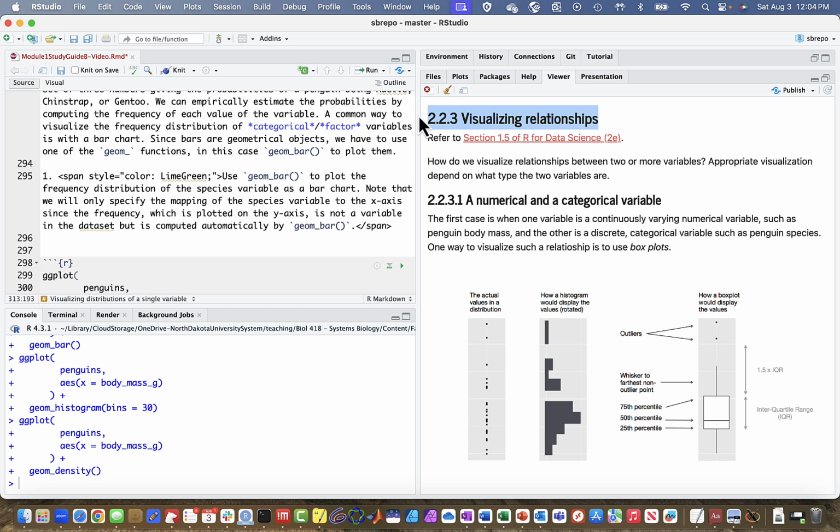And the approach appropriate for visualizing relationships depends upon what type of variables they are. So let's first consider the situation where we would like to understand the relationship between a numerical and a categorical variable. So, for instance, if we wanted to see what is the relationship between the body mass and the species